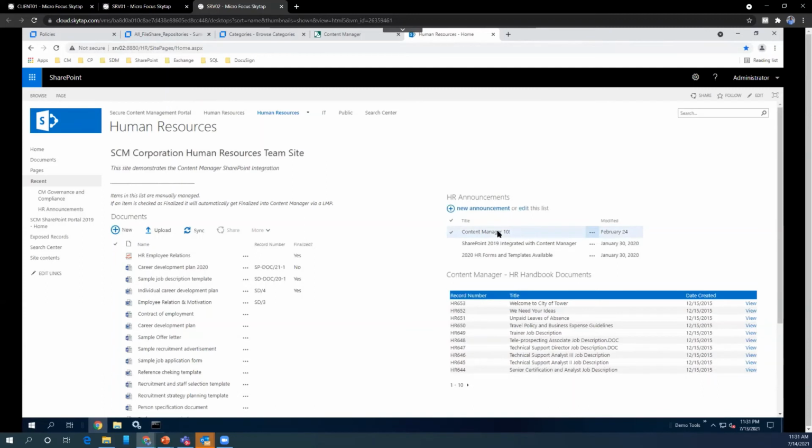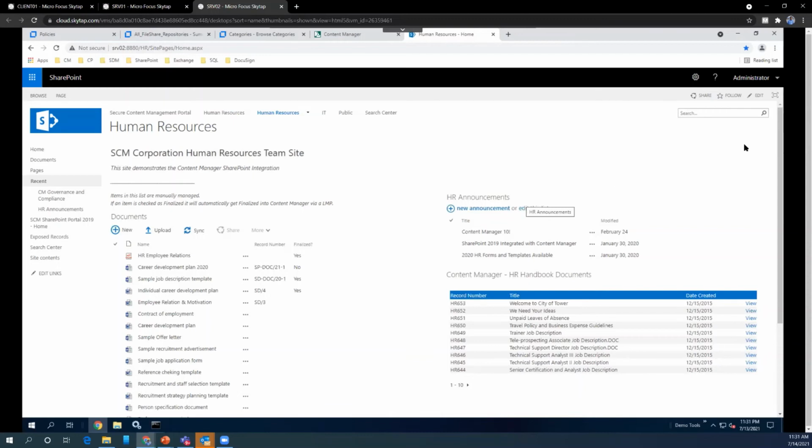So this is how we can optimize SharePoint, because SharePoint is mostly a tool for collaboration. It has a lot of performance related challenges when you scale out the content.